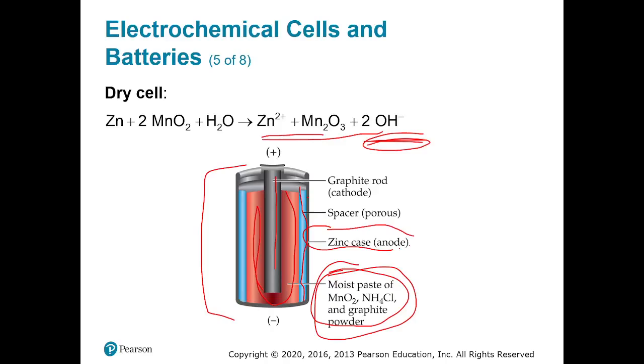And so what happens is when you plug these two together, that's going to complete this going over here to the zinc metal case. And that's going to give a pathway for electrons to move through. And as that pathway is completed, this reaction is going to move forwards. And we're going to move electrons through the wire that you've completed the pathway through. And that'll power devices like your remote